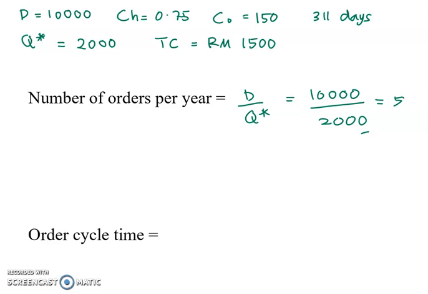Then the company also wants to know the order cycle time. The order cycle time is, in 1 year, what is the gap between each order? In 1 year we have 311 days, and also in 1 year we have 5 orders, from our previous number of orders per year. So in this case, the order cycle time is